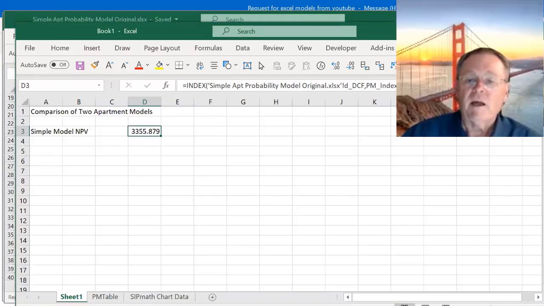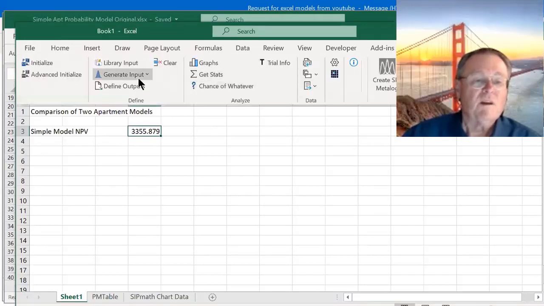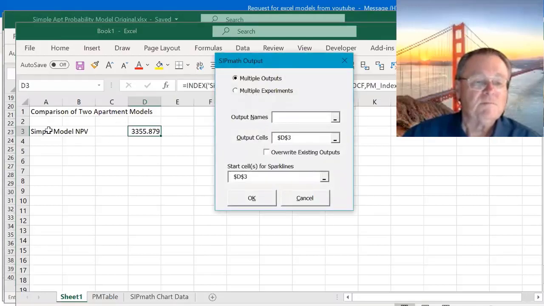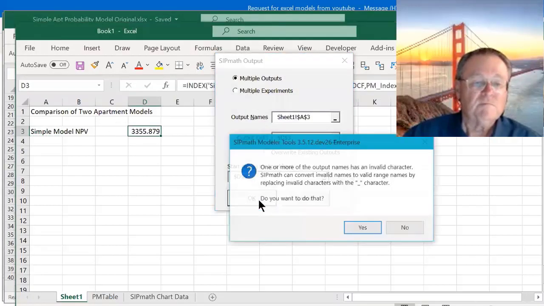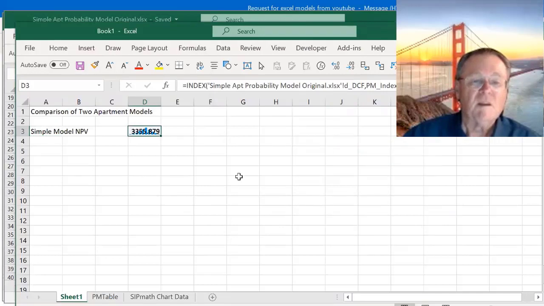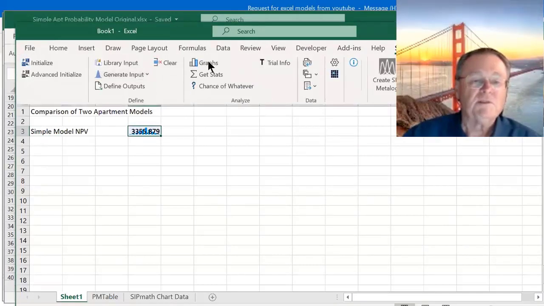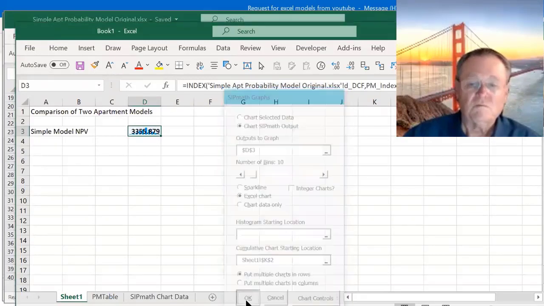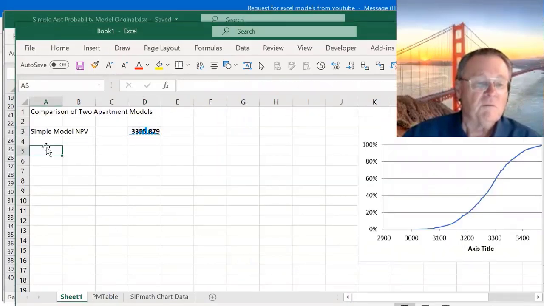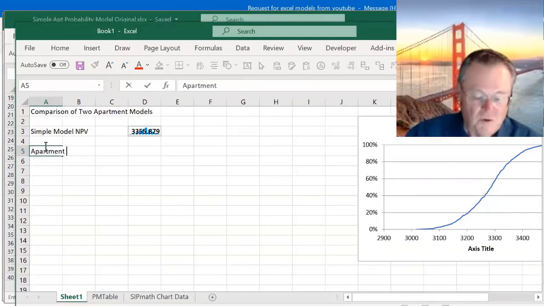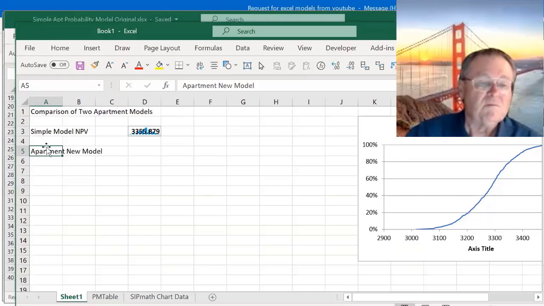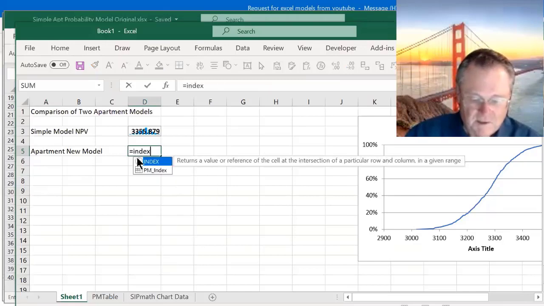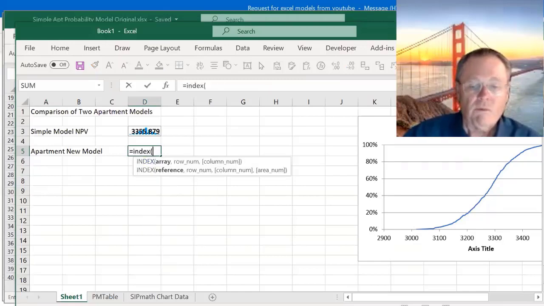We can then define that, SIPmath, define outputs. And we can go to SIPmath graphs. And then we'll do the apartment new model. And it'll be equal to the index of,